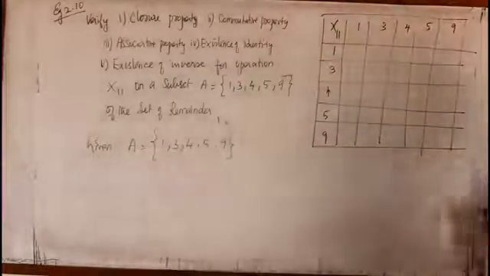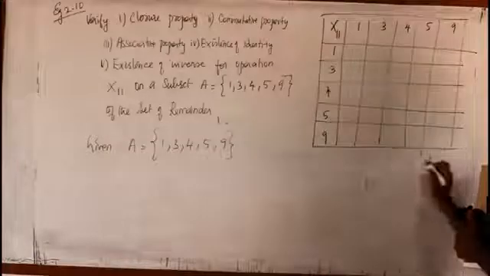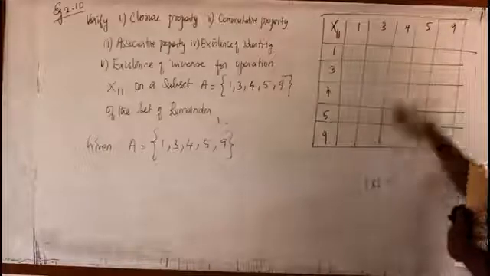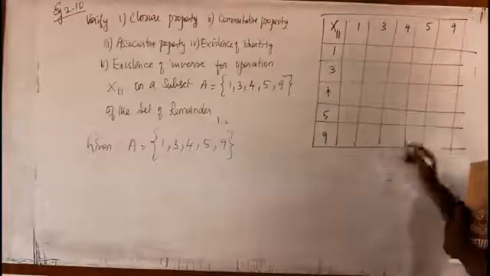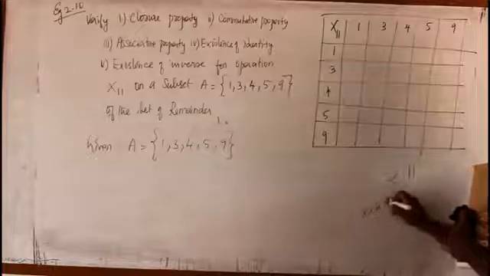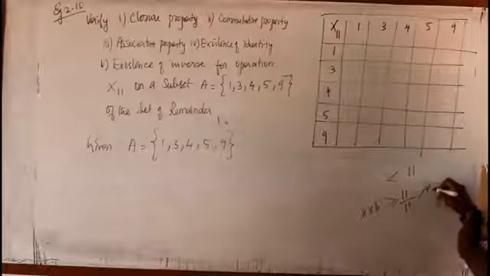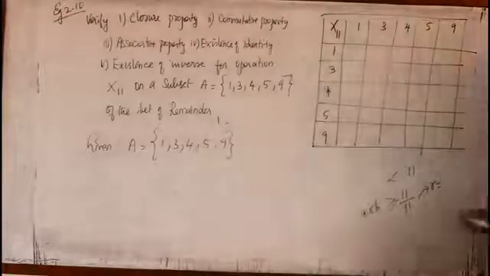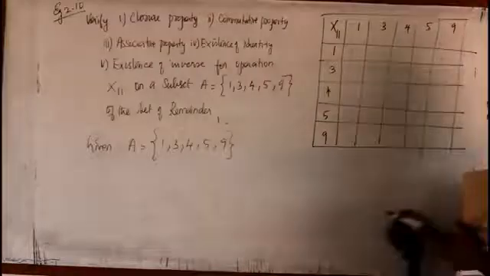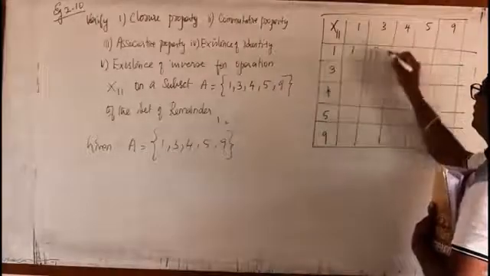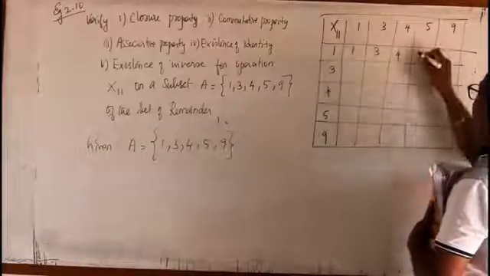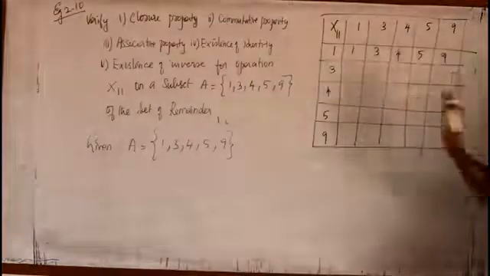What I have to do, remember, I have to multiply two numbers, and if the product is less than 11, I must enter it as it is. If it is greater than or equal to 11, I must divide by 11 and write only the remainders. That means, very simple, after multiplication, remove the number of 11s, that's all. See, 1 into 1, 1; 1 into 3, 3; 1 into 4, 4; 1 into 5, 5; 1 into 9, 9. All are less than 11, so I entered them as they are.